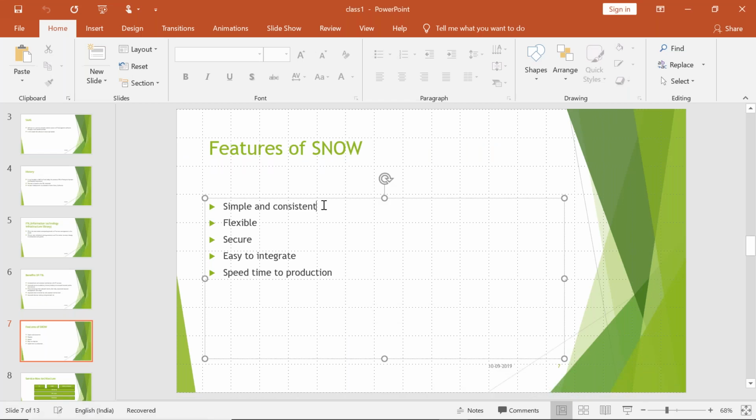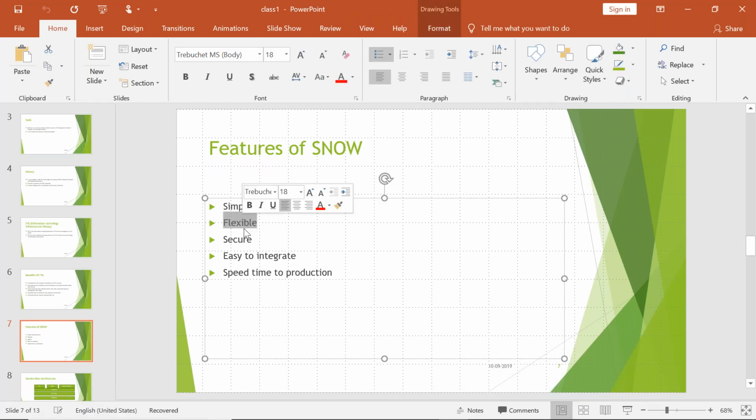Flexible, how flexible the tool is, and this fourth benefit of the tool, that is easy to integrate. These go hand in hand. So this one will give you more clarity when I'll be in the class covering the integration topic. So this one I'll make you understand at a later stage when I'm into the integration class. So this one I'm skipping for the time.